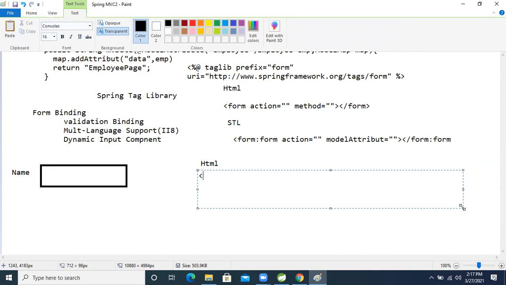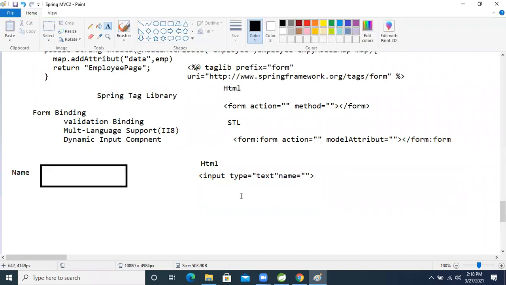Like this: input, input type equal to text. We write text. Name equal to, the name tag we are using. So like this we write the input tag.